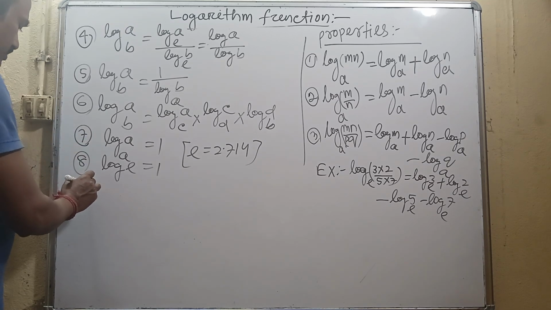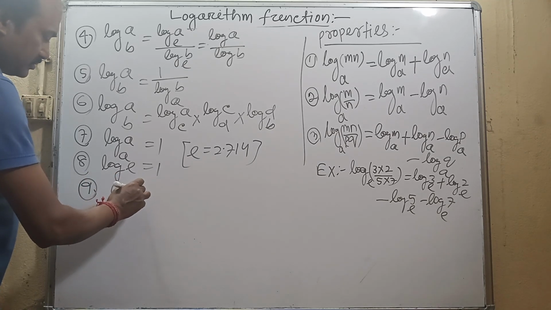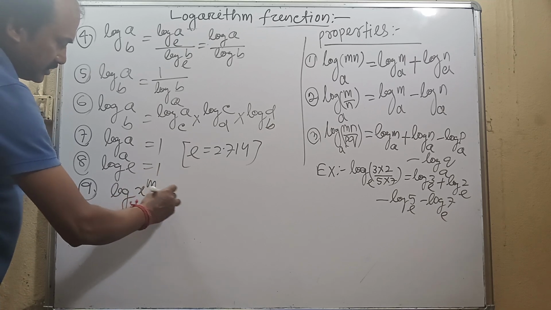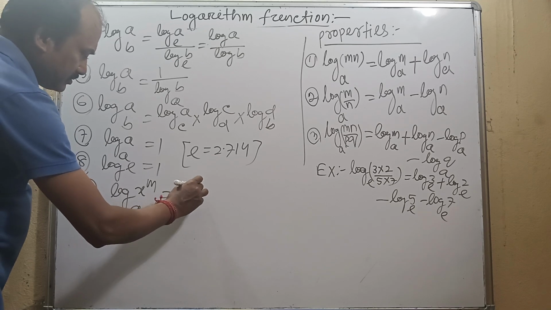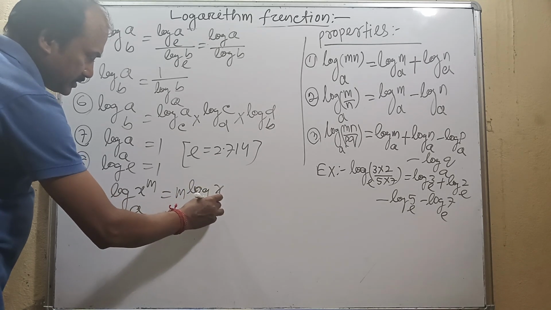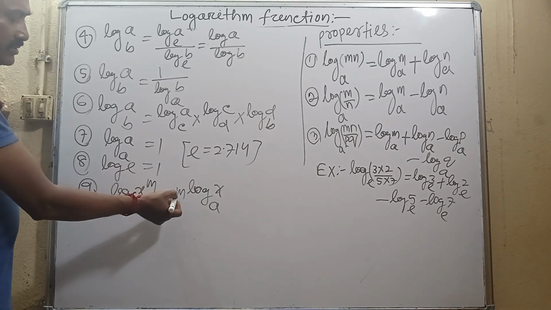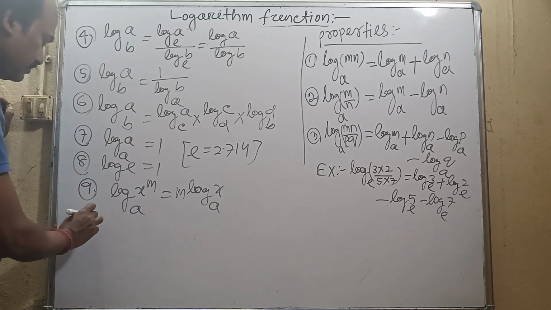Then property number 9: log x to the power m base a equals m times log x base a. This is x to the power m; you take the power outside the logarithm, m into log x base a. Then number 10,